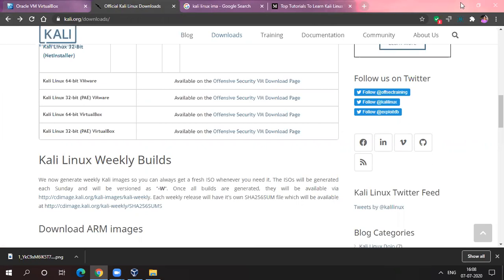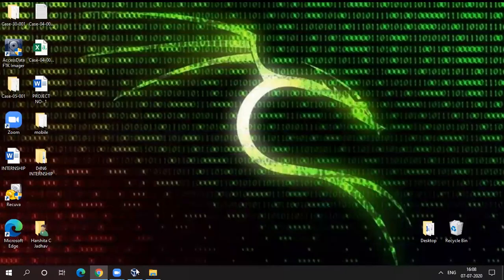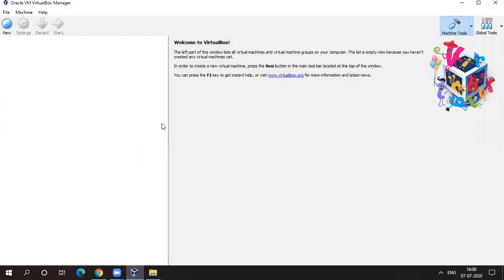Now I have to open VirtualBox. So VirtualBox looks like this. Now we have to use the Kali Linux ISO and create a guest on VirtualBox. In virtualization, the guest OS is the virtualized system, so our Kali Linux, and the host OS is our Linux system. To create it, you need to run VirtualBox and choose New. So we have run VirtualBox earlier, and now we have to click New here.